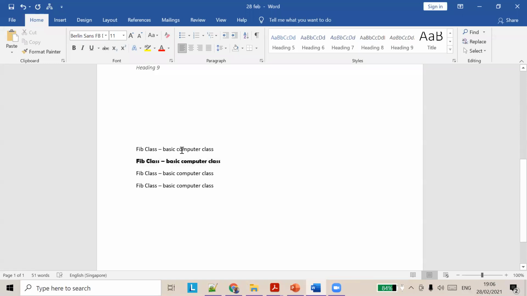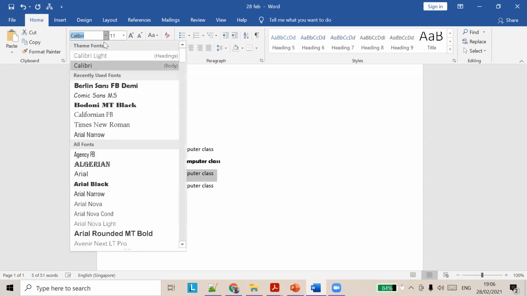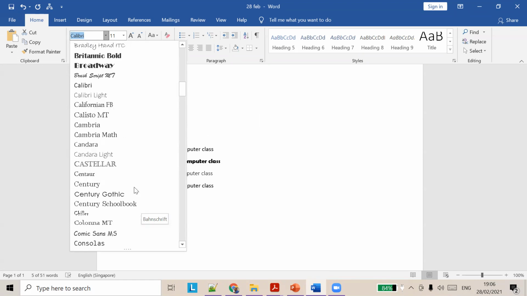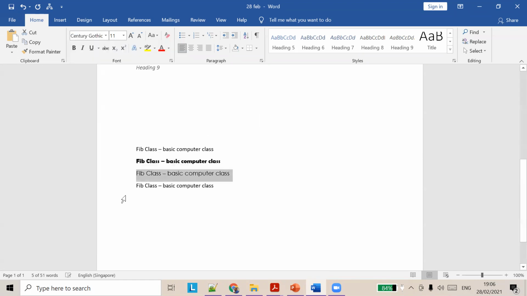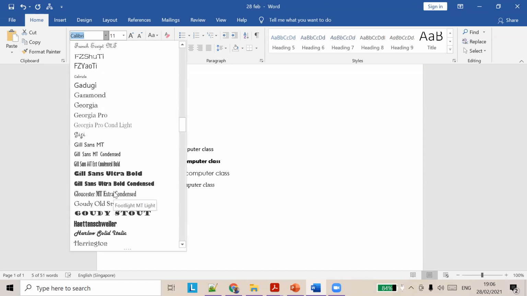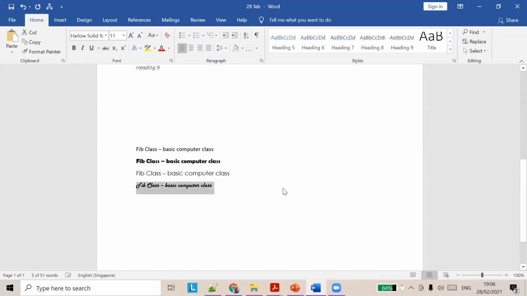Similarly, if you want a different font for this one, you can again go and choose. Similarly, you can choose the different types of fonts for all the text. So this is how